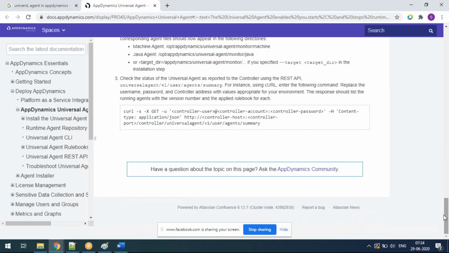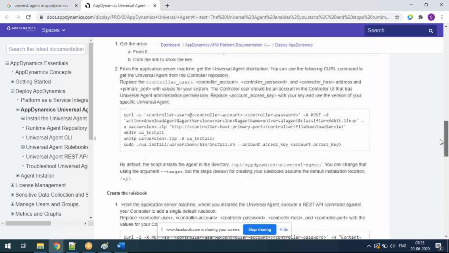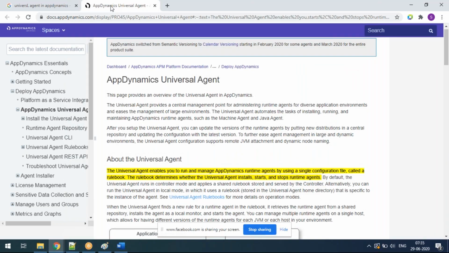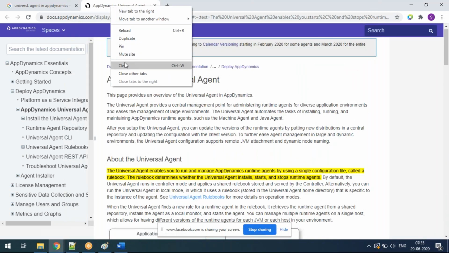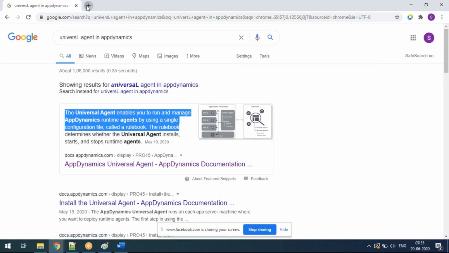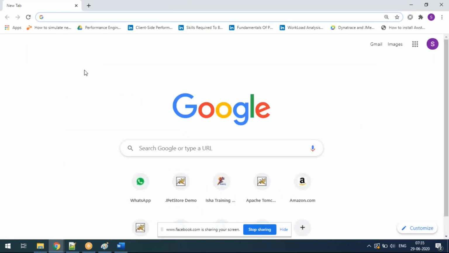I have an app server. The procedure is like you are saying, you need to go install the JVMs and all this. But web server, I don't think you have JVMs running on the web server. So I want to track web server traffic as well. So how are you going to install and onboard the AppDynamics agent?